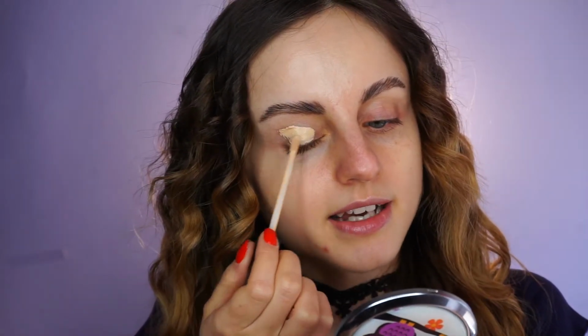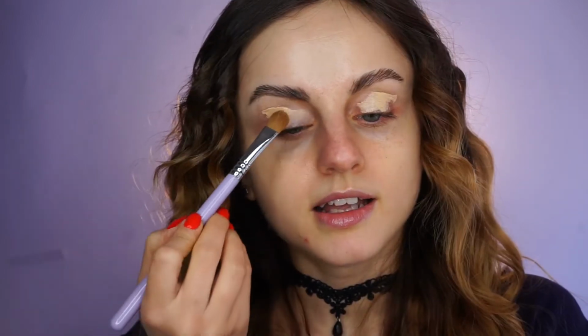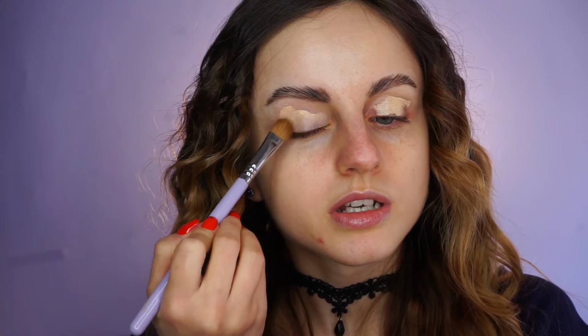So let's get started. First I'm going to prime and I'm just going to use some concealer. I'm not actually going anywhere today, so I don't need this eyeshadow to be very long lasting. I just want it to look good for pictures. And concealer works, but doesn't make the eyeshadow last as long as an actual eyeshadow primer does. This is the Maybelline Fit Me Concealer. I got it in my hair. And I am blending this in using...